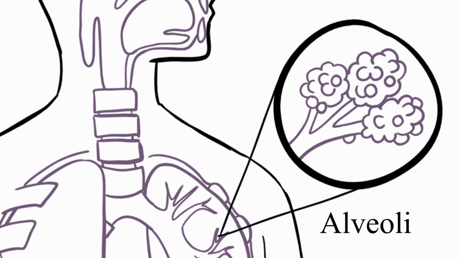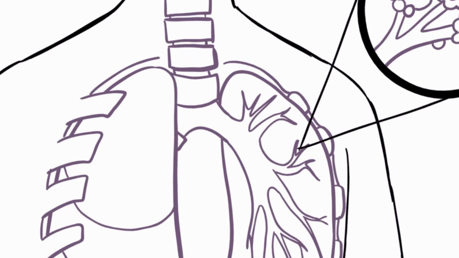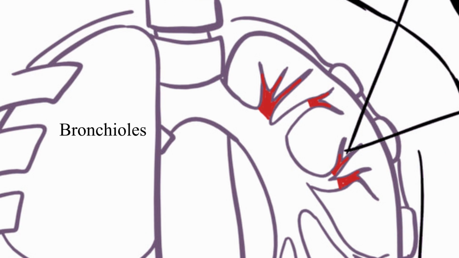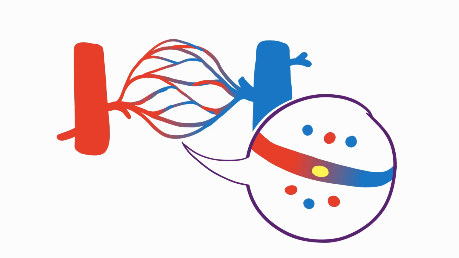Other components that work with the lungs and blood vessels include the following organs and tissues. The alveoli are the tiny air sacs in our lungs, where the exchange of oxygen and carbon dioxide takes place. Next, we also have our bronchioles, which are the small branches of the bronchial tubes that lead to alveoli. The capillaries, on the other hand, are the blood vessels in the alveoli that move oxygen and carbon dioxide.